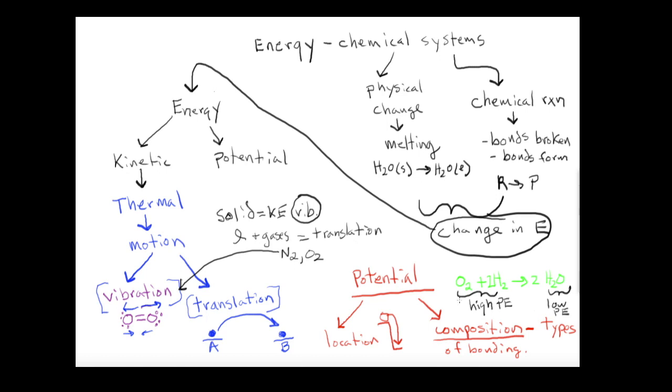And when this reaction occurs, so let's say that we had a mixture of oxygen and hydrogen in a bottle, right? And then you were to light a match and put it in there. Well, what's going to happen is you're going to see a bright flash and there's going to be a loud bang, right? And that is literally those two components coming together, we have the bonds that make the oxygen breaking, the bonds that make the hydrogen breaking, and then we have the reformation. And when the reformation happens, there is so much energy released going to the H2O. All right, that's where all the light and the heat comes from, right?